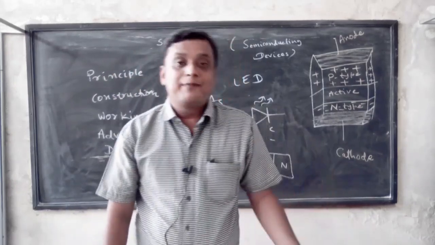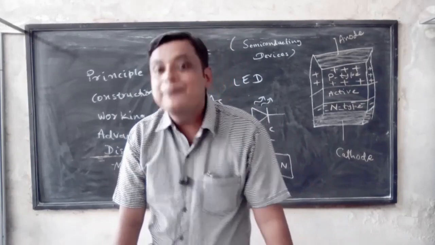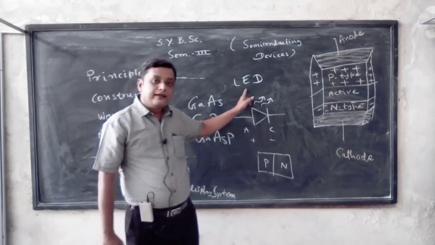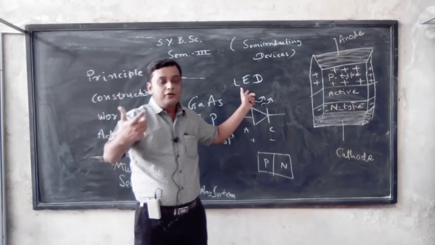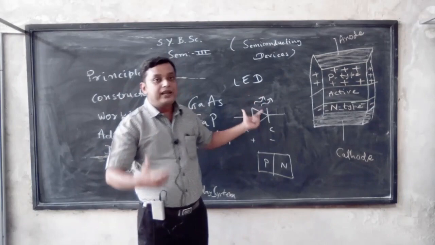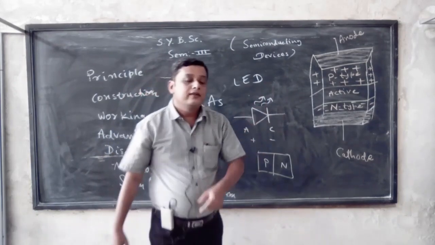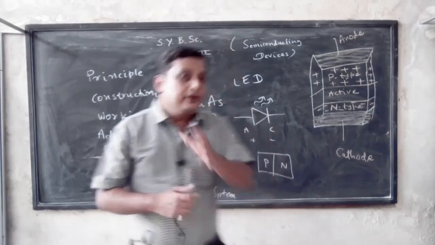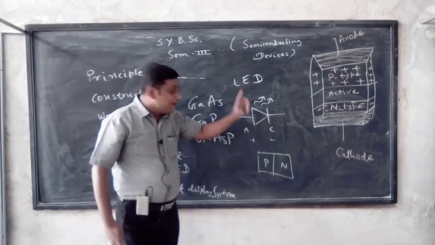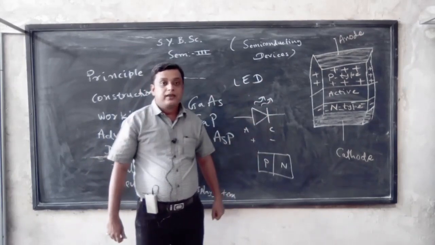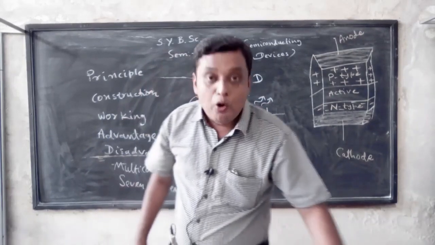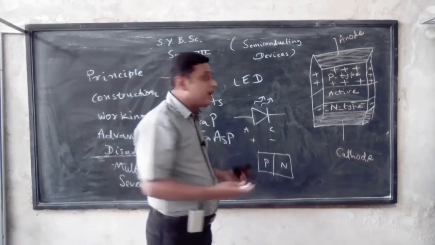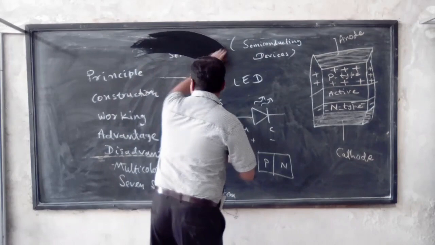Another question should be in our mind: why can silicon or germanium never be used to prepare, to fabricate an LED? Why is silicon or germanium not used to prepare the LED? The reason or the answer is that if we are using silicon or germanium, then when energy is released, we know Bohr's second hypothesis, which is that